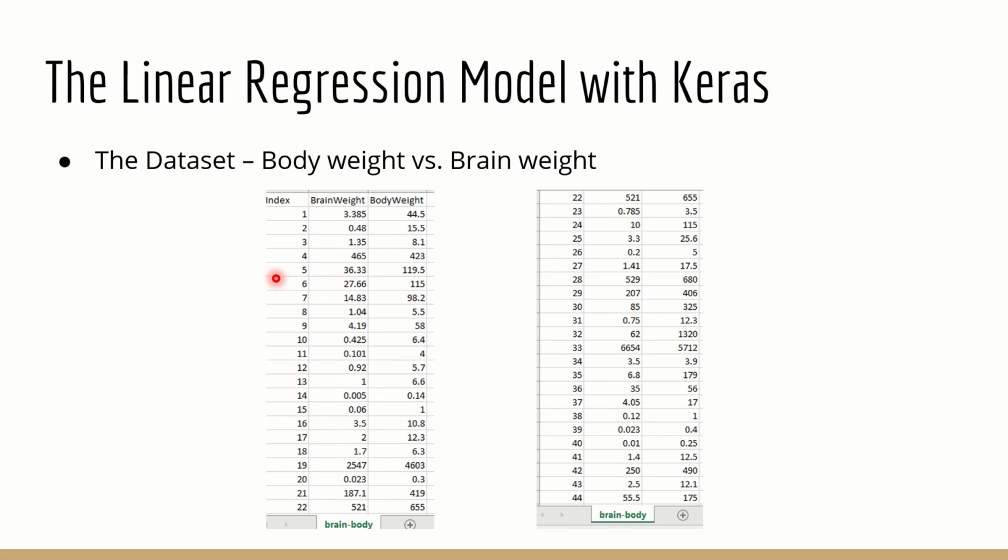Now we will go with the model building for linear regression. What do we get in linear regression? Very simple. We are going to establish the relationship between the dependent and independent variable, which means the input versus output. We need a data set. What is the data set that we are going to take? We are going to take the body weight versus brain weight data set. You can see that I've got around 60 plus entries, but I have highlighted 44 entries here for you. The brain weight versus body weight is clearly given here, and we are going to plot the linear regression model with Keras for this. That's it.